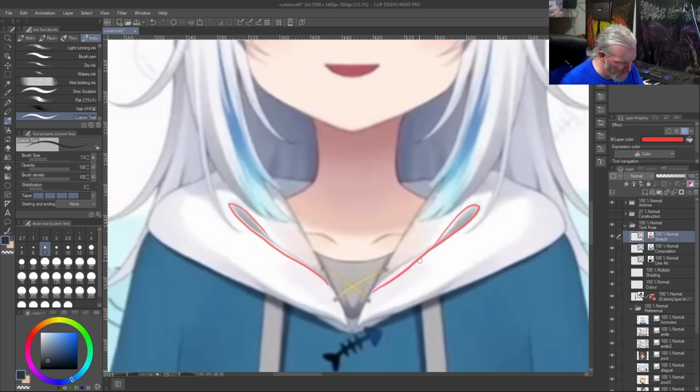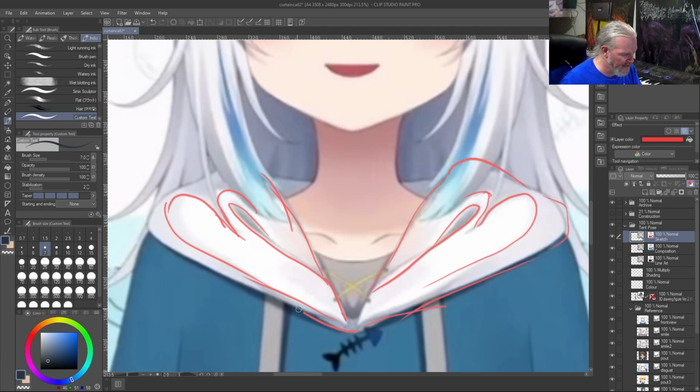She has this little fold in the hoodie, and the shadows come around like this. And it's just much more detailed because there have been improvements to her model over the course of the character's life. So there are some improvements there that I want to reflect